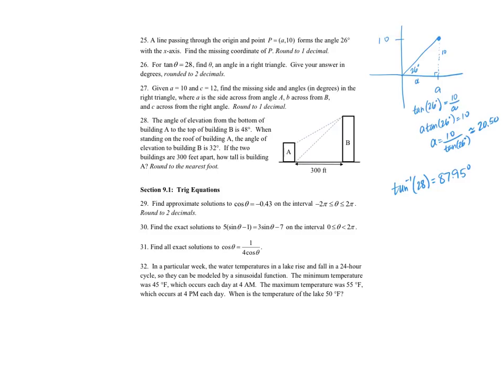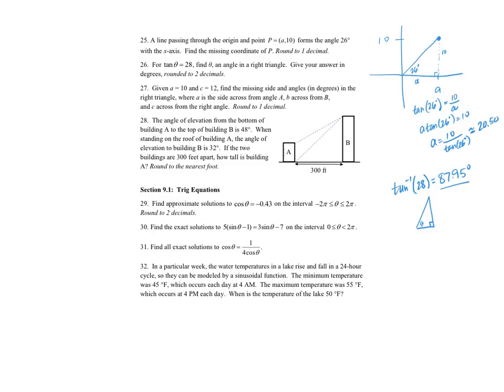And it says that the angle theta is inside of a right triangle. So that's theta. This is a right triangle. So I know that that must be something between 0 and 90 degrees. And I can see that the answer that I got is within that range. So I'm done. Number 27 says given A is 10 and C is 12, find the missing side and angles